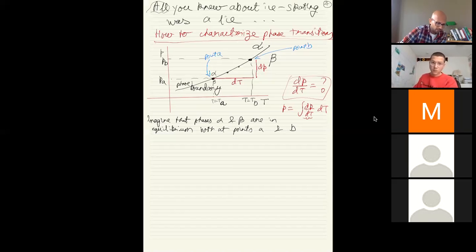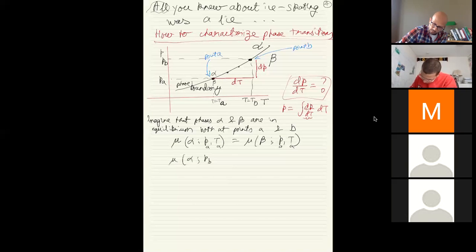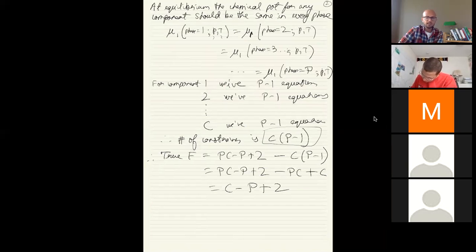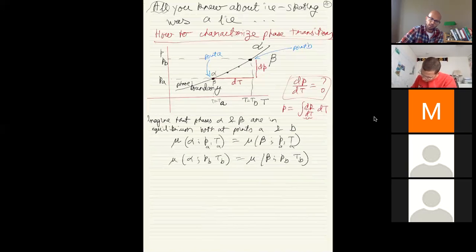What would this mean? This would mean that the chemical potential of phase alpha should be the same as chemical potential of phase beta at the pressure and temperature at point A, as well as point B. Notice here that unlike a few minutes ago when we were deriving the Gibbs-Duhem equation, we were having to tag along this subscript, mu1 and mu2 and things like that. We don't have to do that right now because we are thinking about